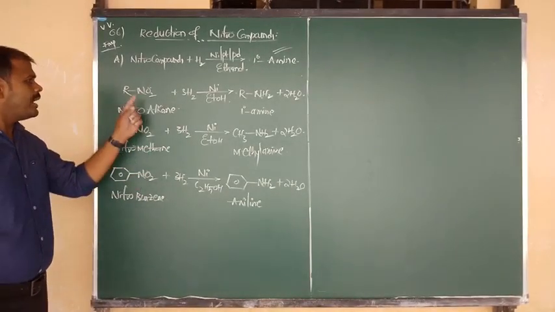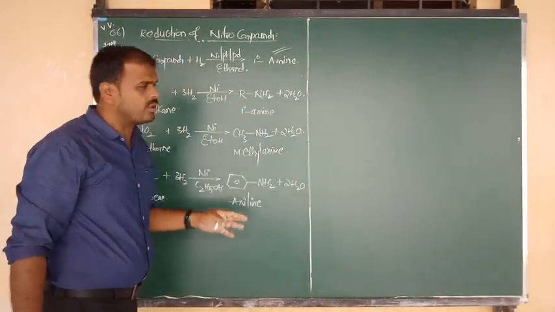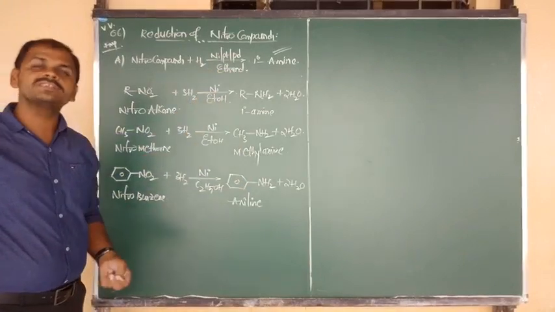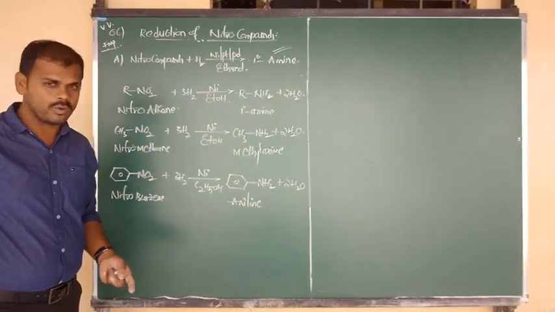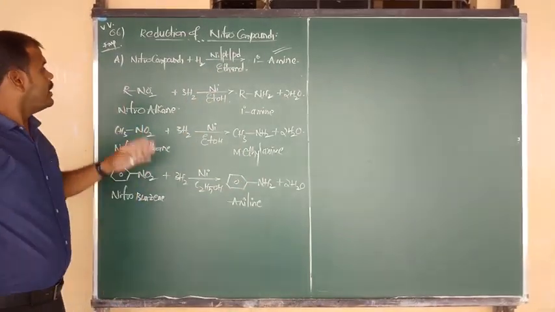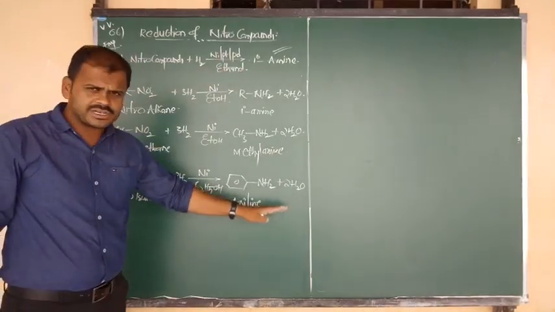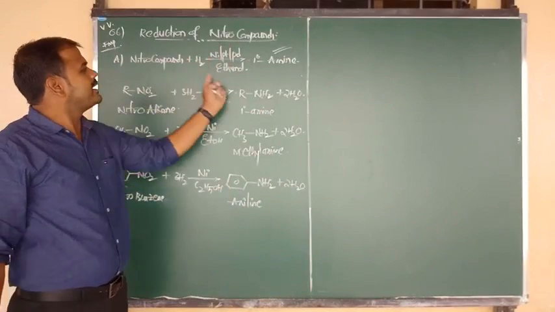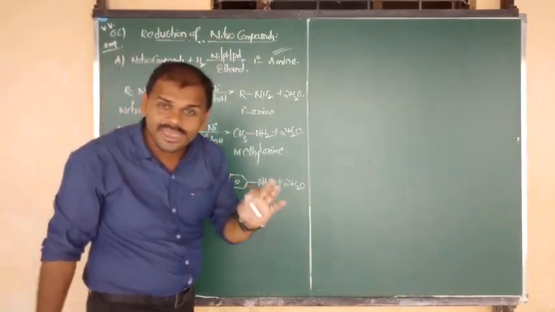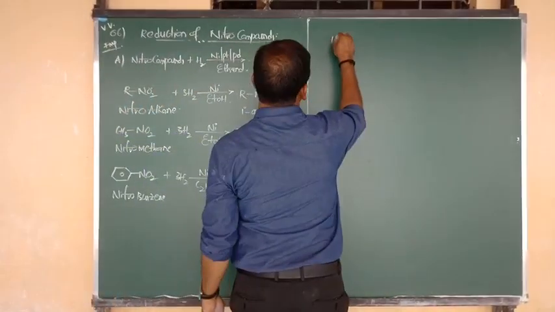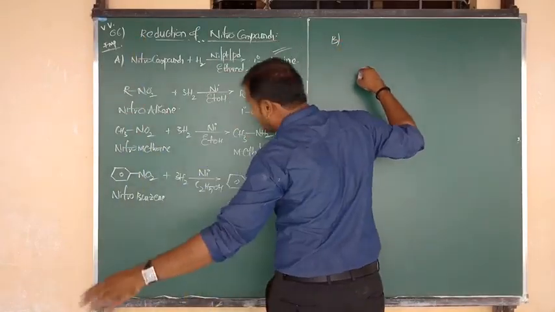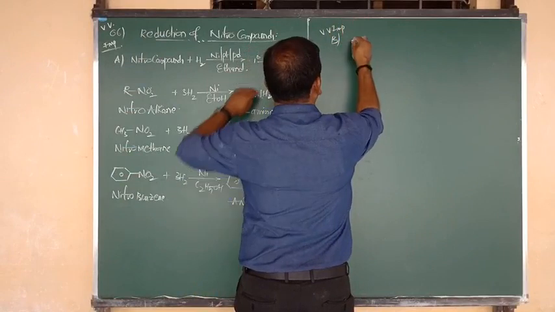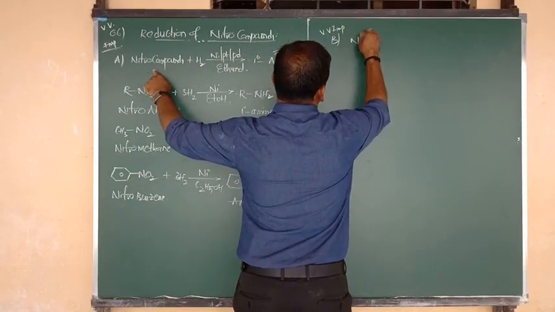Just one thing: the NO2 group reduces into NH2 by catalytic hydrogenation in the presence of a supporting solvent, ethanol. Okay, yes. The same reactant and same product we can write by using another reducing agent. That one I am going to focus on. As compared to method A, method B is evergreen and ultimately important. The same statement I am going to write now.